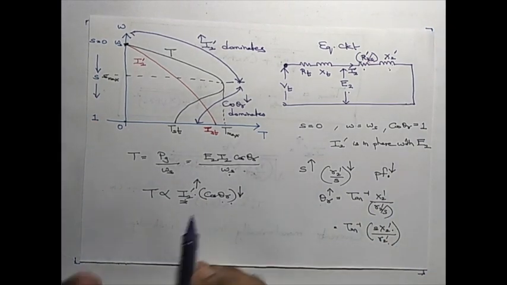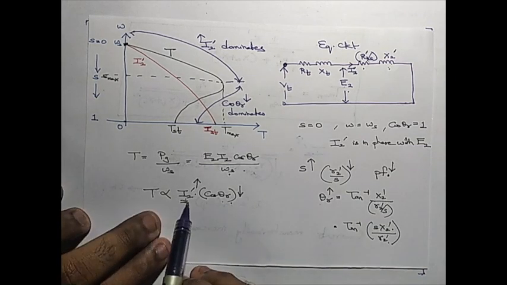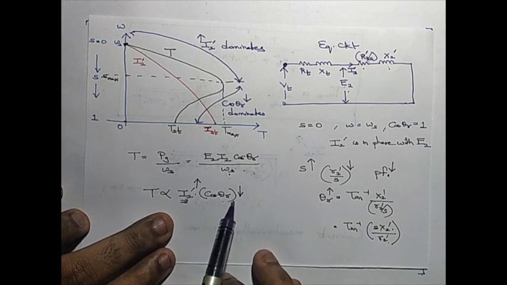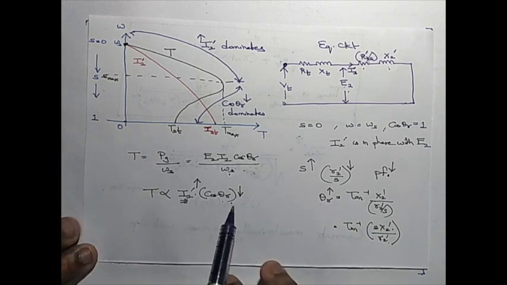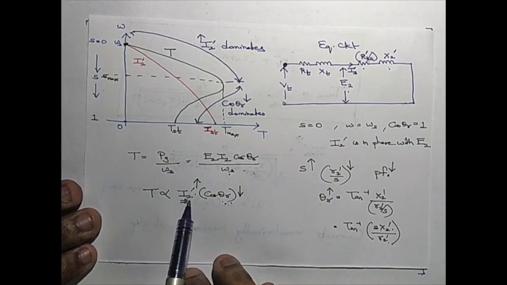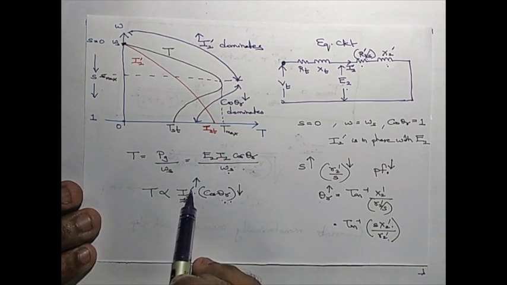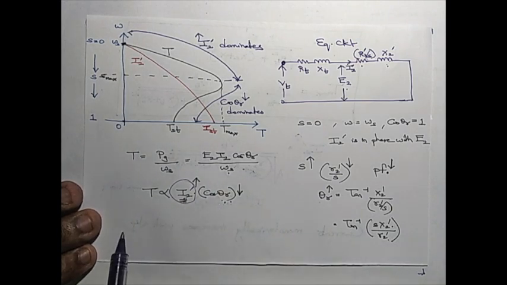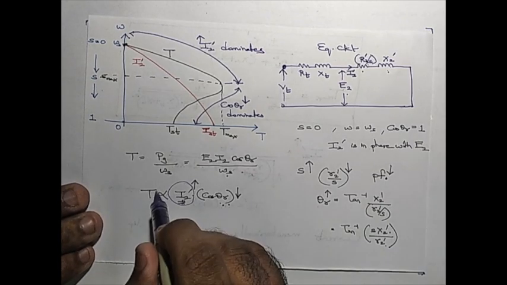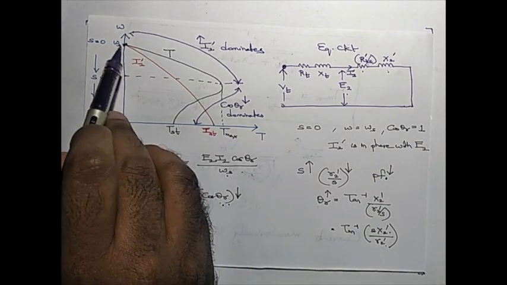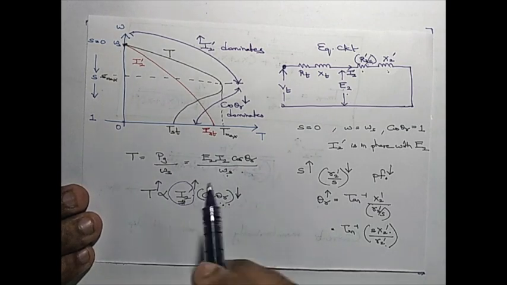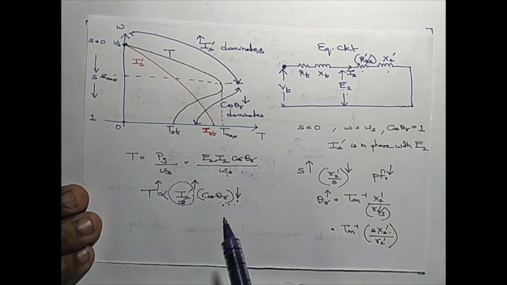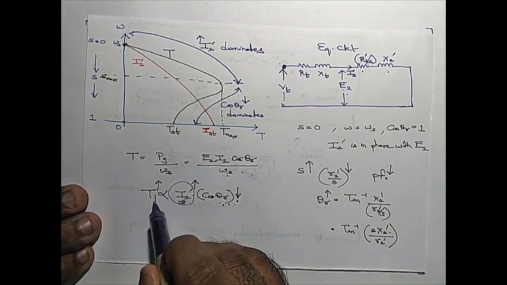Now what will happen? This is continuous. This continuously happens right from 0 slip to the maximum slip of 1. Current will rise and power factor will fall: an increasing variable and a decreasing variable. So till S max, or the initial portions of slip, the increase in current is much more than the decrease in power factor. As a result, torque will rise. This is what we have seen as this curve. After some time, the decrease in cos theta r is much more prominent than the increase in I2 dash, which means overall torque will now decrease.